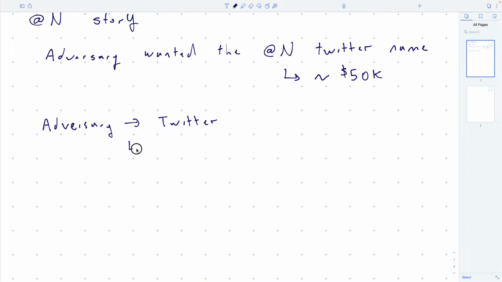Can I do a password reset? And Twitter says, no problem. Same thing that happened in the other story. We're going to send a recovery email. And if you can click on the link in the recovery email, then you're good.